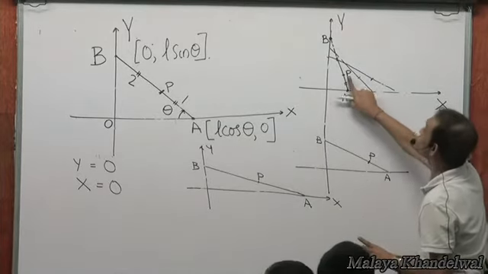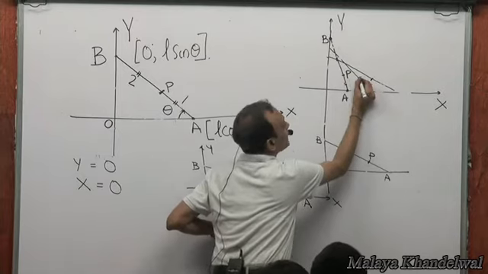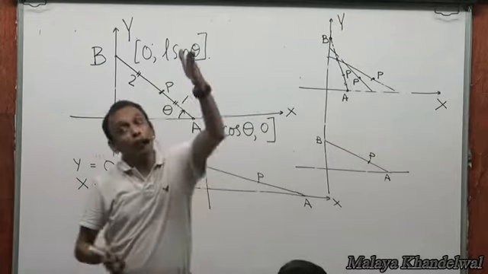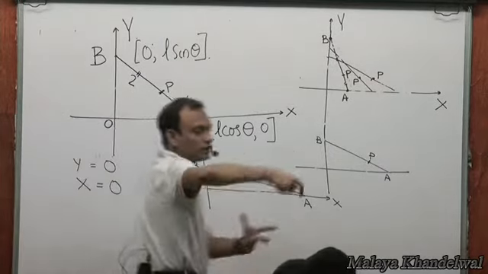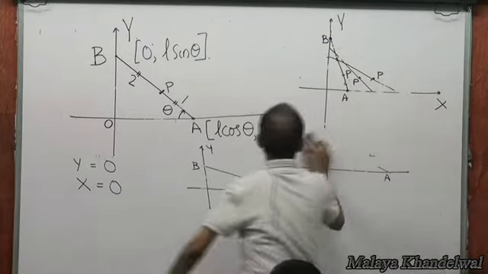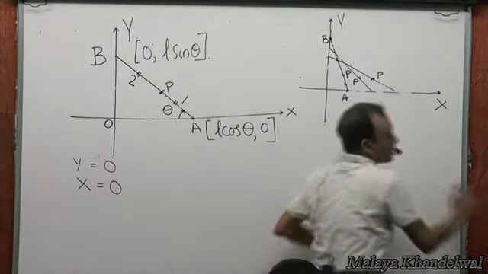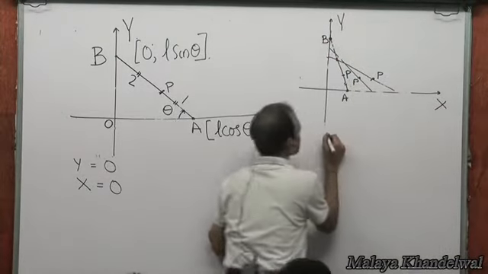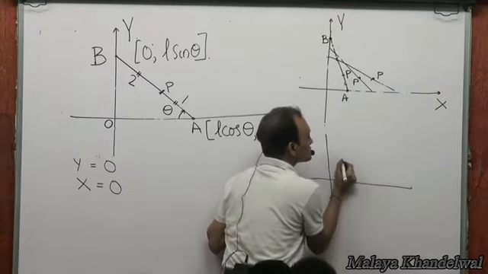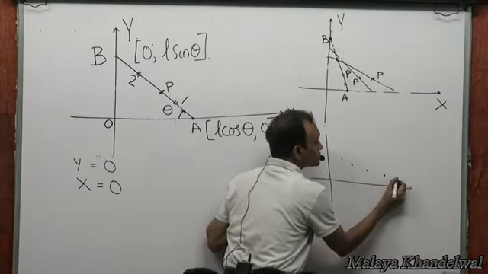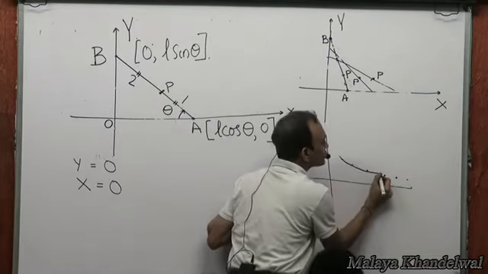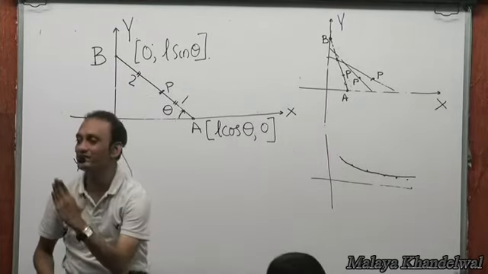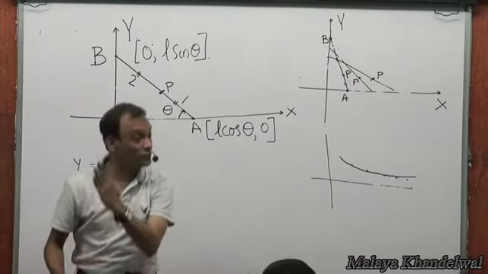The motion of the ladder associates with itself a P here, and then say a P here, and then say a P here, and so on and so forth. You could collect all the P's. If you put together all the P's that are associated with various positions of the ladder, then these P's would constitute a certain trajectory, yes or no? Yes. There is a locus associated with P. There is a path associated with P.